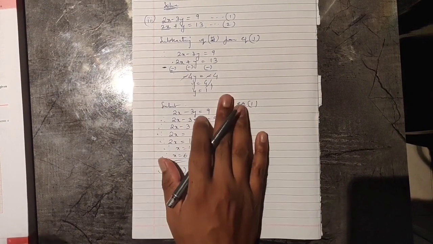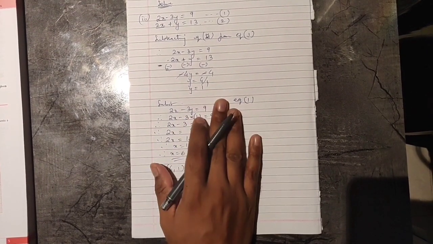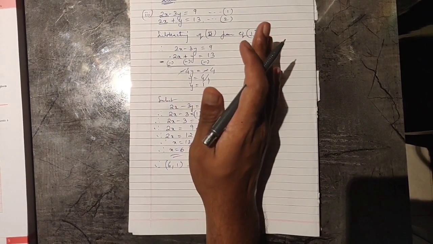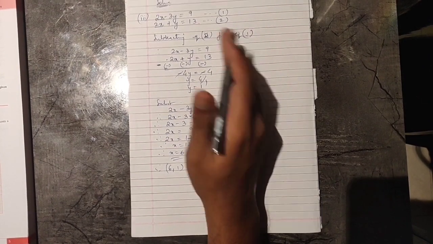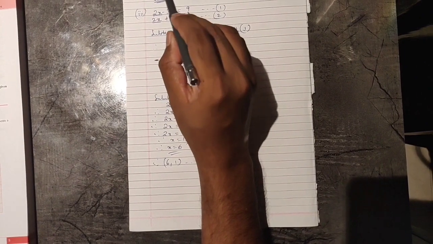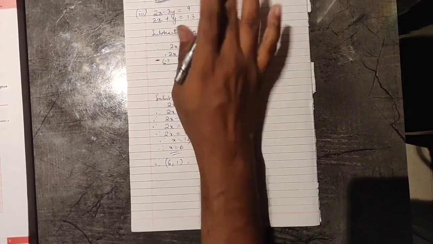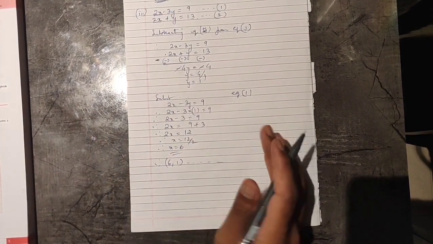Okay, simple, very easy sum. I hope you all understood this sum as well. This is not the elimination method, this is a simple or direct solving method, we can say. They will not specify that you do it by the direct solving method. They will tell you to solve, then you can do this or anything. But if they specify elimination by substitution, you have to do elimination. If they specify just solve, then you can do this method, or you can do elimination by substitution also.